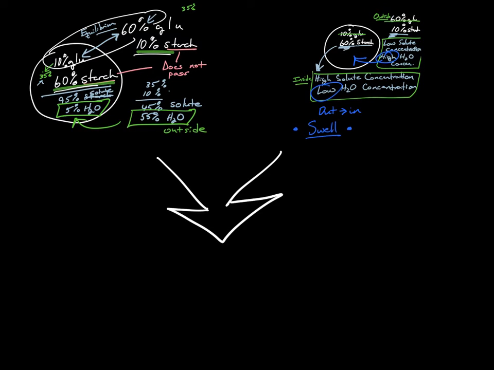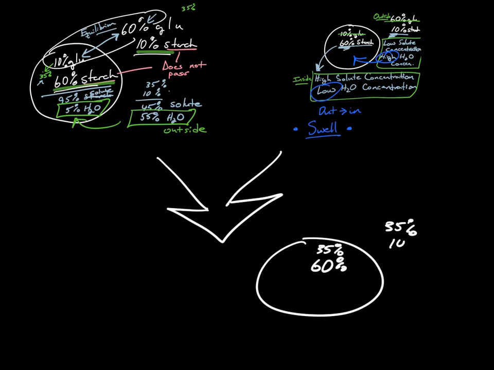when we have this cell, it's now 35% on both sides. And again, we're making this number up, but let's say it's going to find some equilibrium, just a midpoint between 60 and 10, 35. So 35% on each side, and you have 60% starch on this side, and only 10% starch on this side. Now you have a total of 95% solute